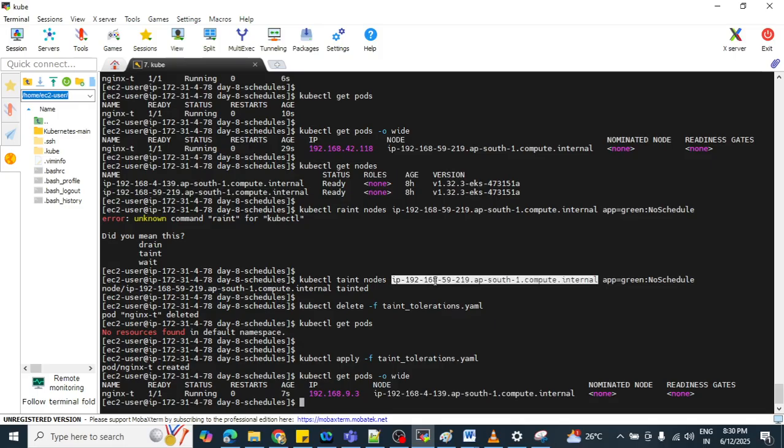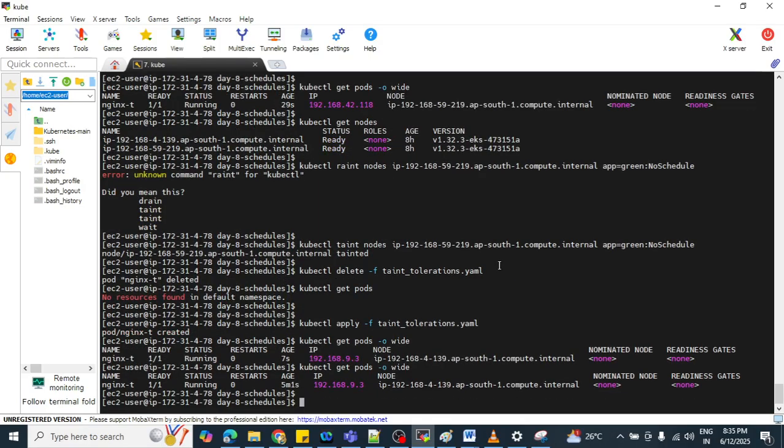If you want to run this pod on this particular tainted node, then what do I need to do? I need to make this pod tolerate the taint. How are you going to do that? You need to put some toleration concept here.